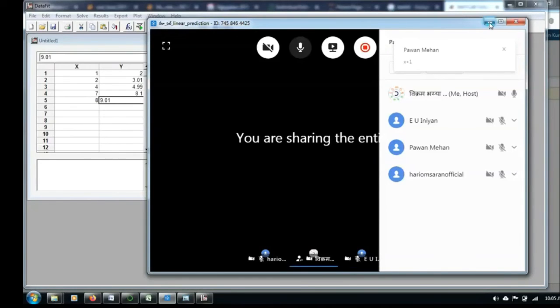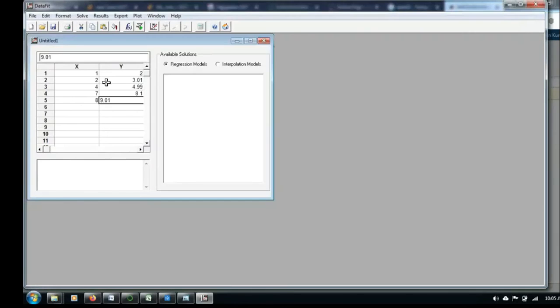Taking this as my hint, why have I taken these values? I can take some other random values also, but this particular software will give the prediction. It will show some answer, but how do I cross check whether the answer it gives is correct or not? That is the reason I have taken an example which is easy to understand, where we can do the hand calculation easily on paper, or just by observation we can say what that equation is. You can take some other values and do hand calculation and cross check with the software.